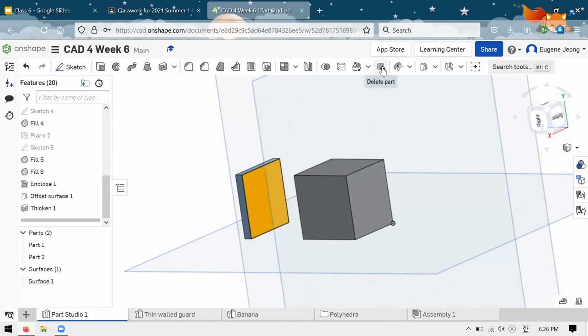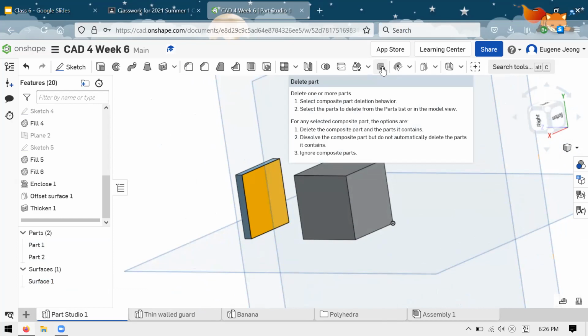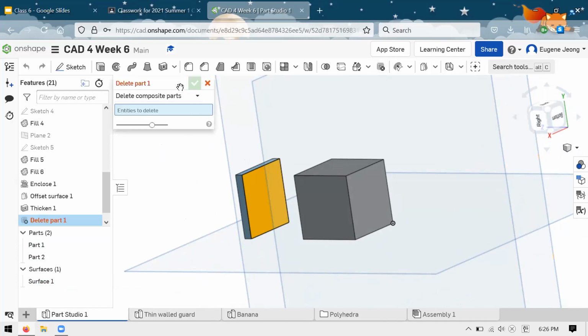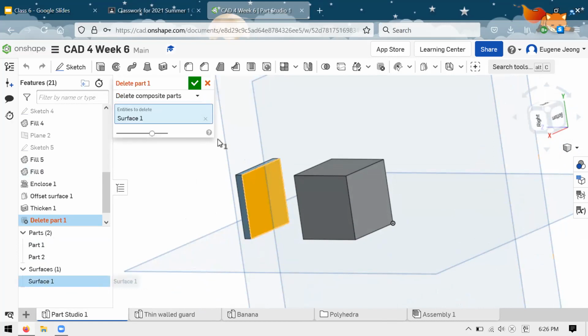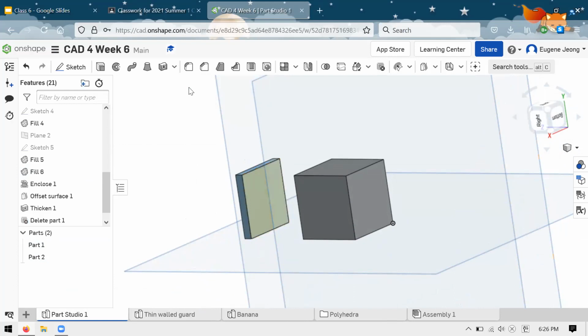So this delete tool is very important in that it allows you to achieve something very basic, which is getting rid of something without actually getting rid of it. Let me just show you what it does. It says I can delete something. So let's say I delete surface 1. And it's just as if I had deleted it by hitting the delete key, except that it doesn't break the